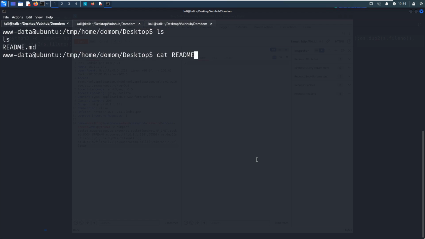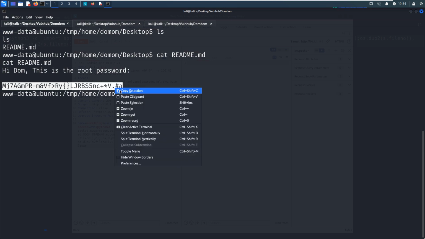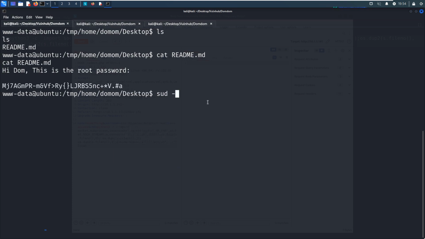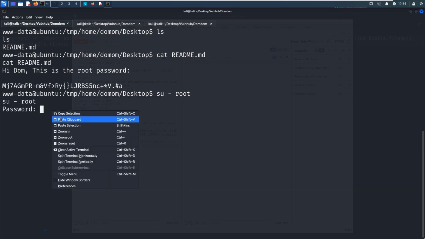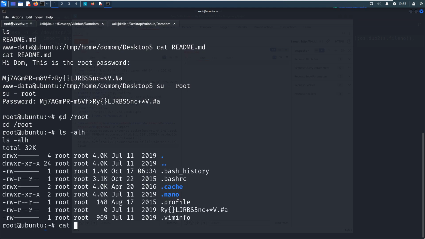Now we have permission to read it. We even got the password for the root user. A very complicated password. So now we can switch to the root user by supplying the password. Okay, it works. So now we do not need to grab anything else, right?